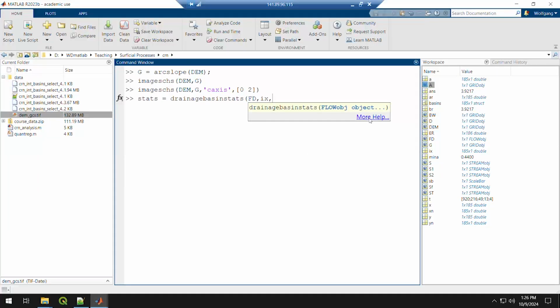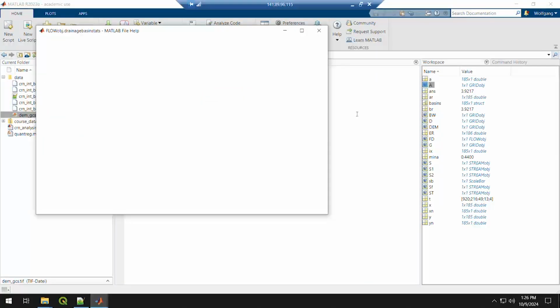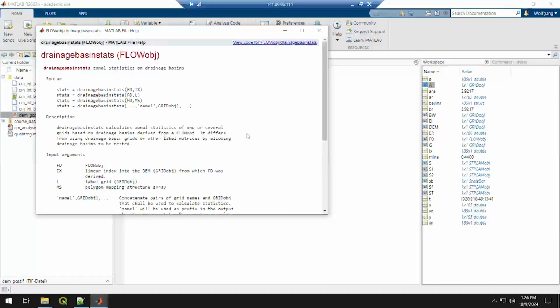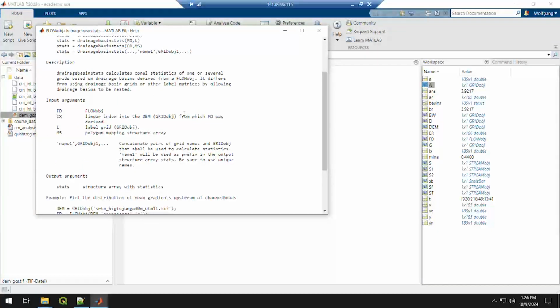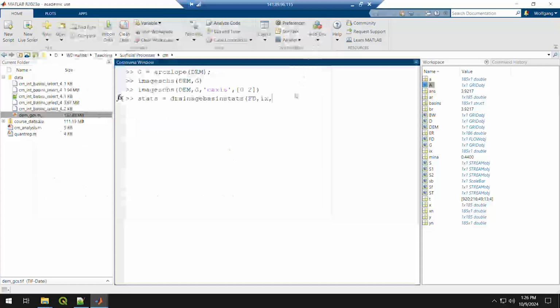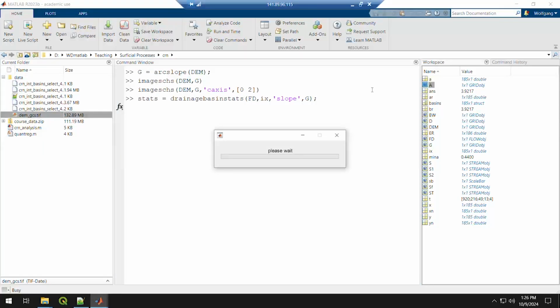And then I need to take a look at it myself. We can add some grids. Okay, let's do that. So for example, let's take slope. And our slope grid is G, the one that we just calculated. Now let's do that. This requires a bit of time, not too much, but